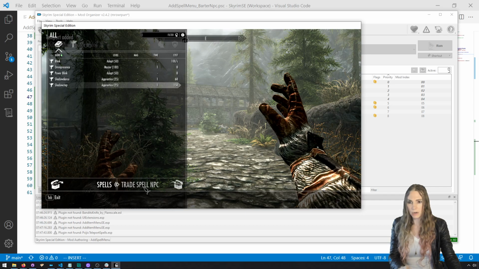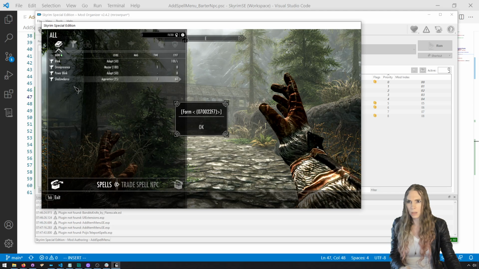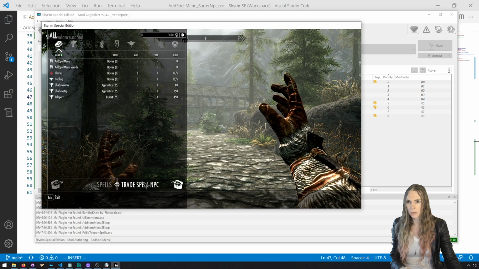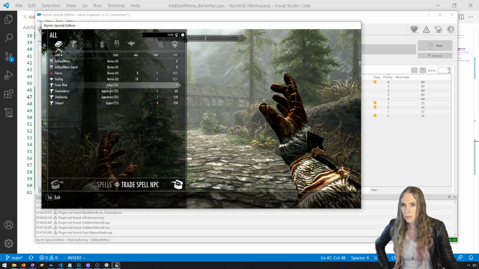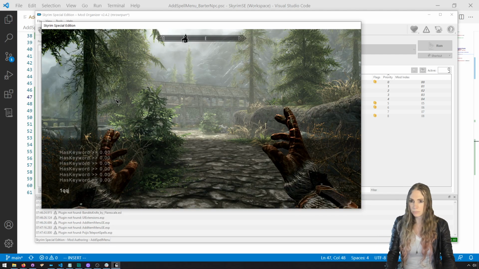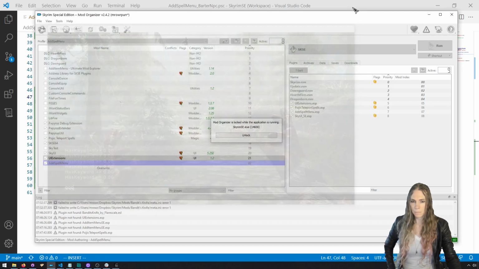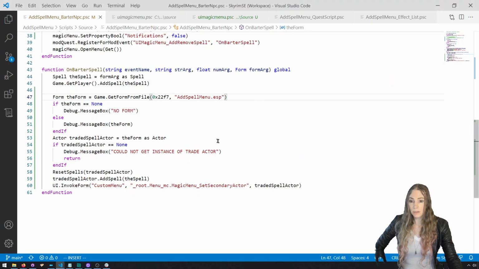If I go over here, it says trade spell NPC. Shadow step. Power blink. Shadow step and where's power blink? Power blink. Cool, they're getting added. So the final thing to do is